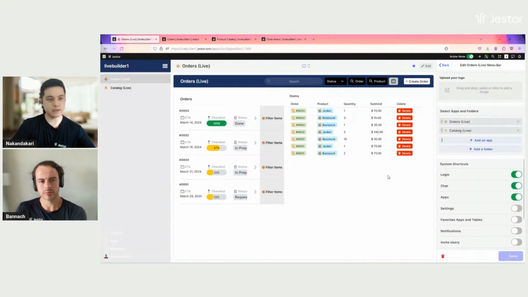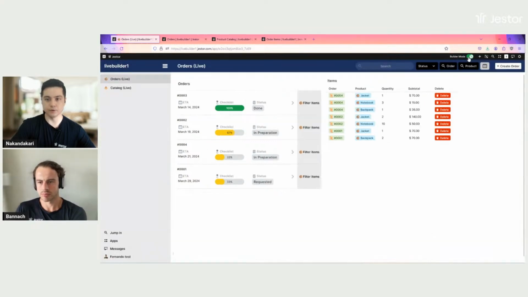So I'm going to click on save. There you go. So if I switch off the builder mode, I can already see how the end user is going to be seeing the app, right? So it's working just as intended. I click on this,